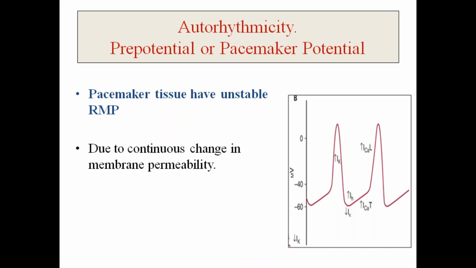And if there is a parasympathetic dominance, then what will happen? The parasympathetic will decrease the rate at which your heart is generating the impulses. So, suppose you are relaxing in your home, you don't have any exam, you don't have any viva, you're totally happy, no one is there to scold you. What will happen to your heart rate? Your heart rate will decrease. It will come to a basal level of 80, something like that.